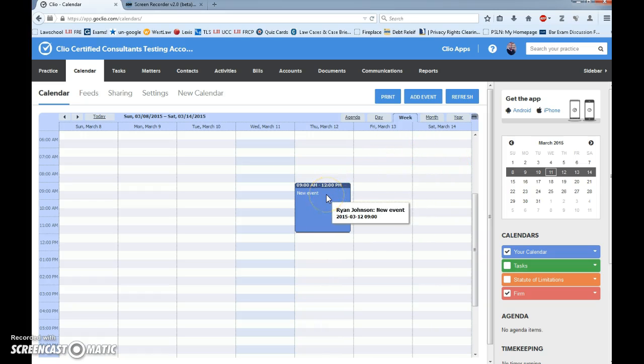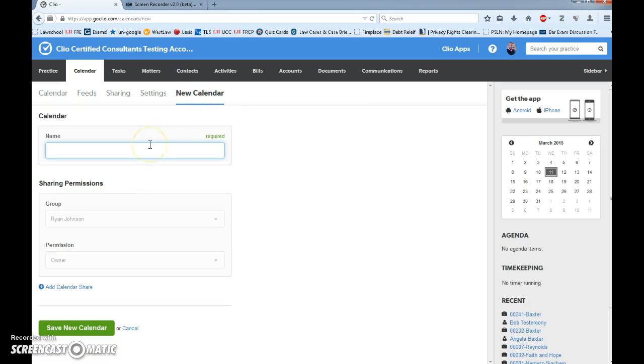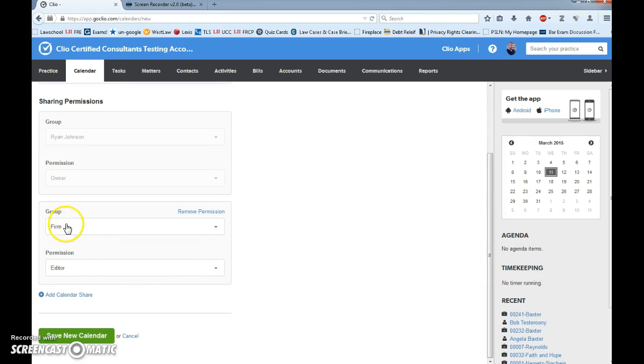So if we wanted to add a new calendar, it's pretty straightforward. Generally, it's just with you until you share with individuals or people within your firm. You're just going to click new calendar here, and let's say we're going to name this calendar, I don't know, lunch meetings. And this is going to be shared with a group. We can share it with anybody within our firm. The permissions are set to the owner. However, we would be able to adjust that. We can add sharing permissions. Like I say, it's available to the firm. The permission is editor or viewer or whoever you